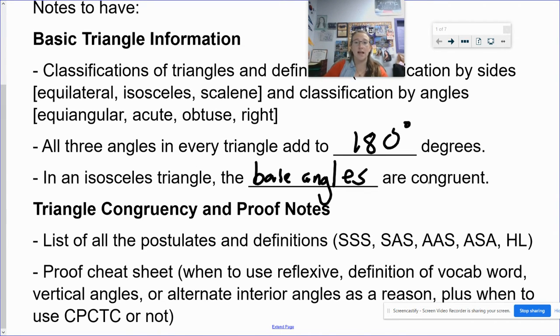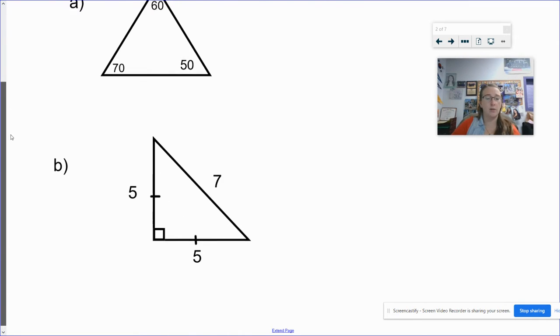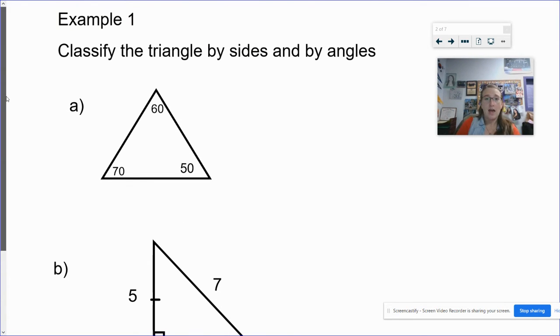So if you don't have this written down somewhere, you're going to have questions on your test that involve that information. Make sure you have that written down. And then again, you also want to have these cheat sheets, all your postulates, the proof cheat sheet. Organize all your stuff together, have it in one place, ready to go for the test. But let's go ahead, let's go through some examples. I'm just going to refresh your memory, and then you guys will do quizzes to practice it on your